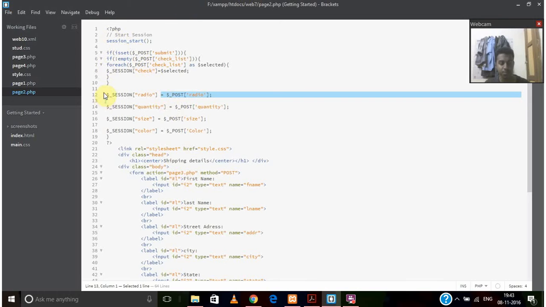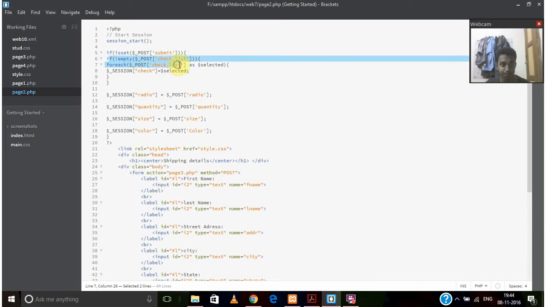In this code, I have included a session. Session is used for information interchange, and it keeps track of the user's data. So I've started the session using session_start, and if the user clicks the submit button, it checks by if isset of $_POST submit. If the user clicks the submit button, it goes to this next if statement using a foreach loop,